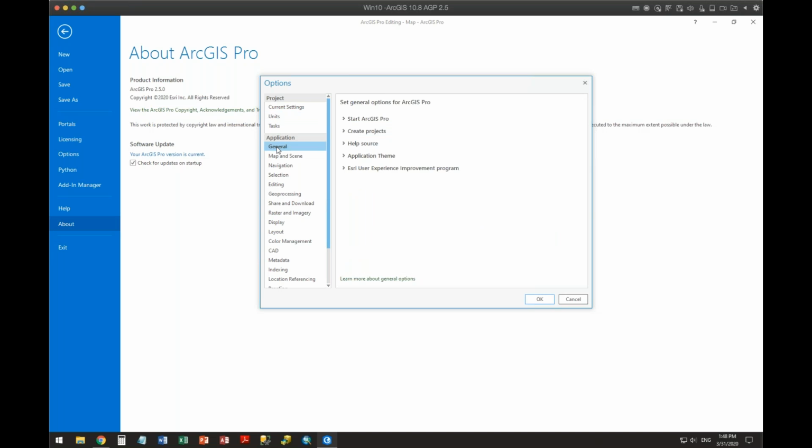Frank, before you move further into the settings, there is a question in the chat. Is it possible to open a QGIS project file in Pro, or for that matter, into ArcMap? I don't know. I've never tried it. I'm not sure whether or not. It's a good question. I've got my open source guide, Frank. I'll have him run a test for me. Okay. Thank you. Perfect.